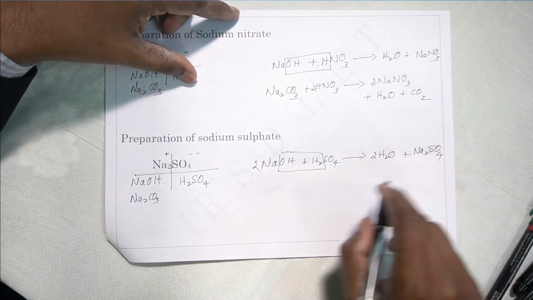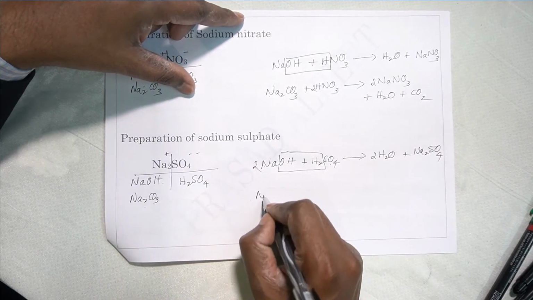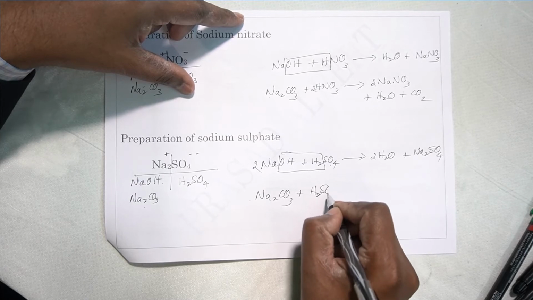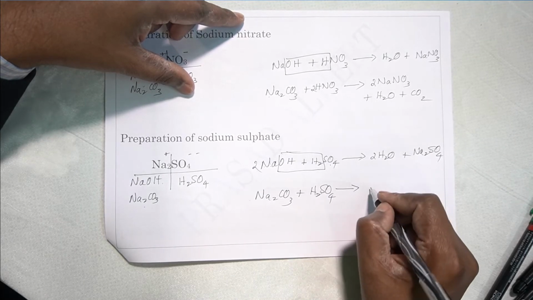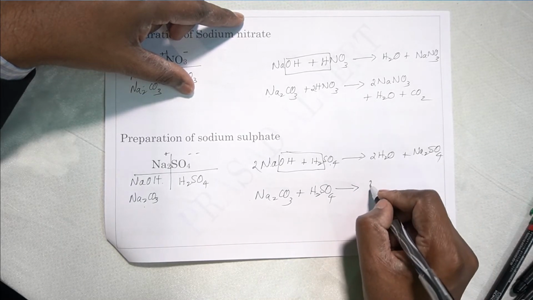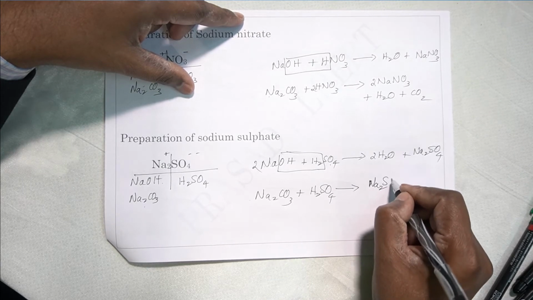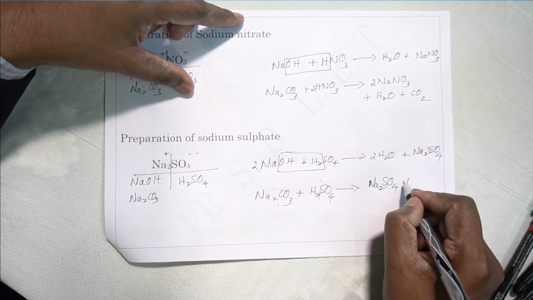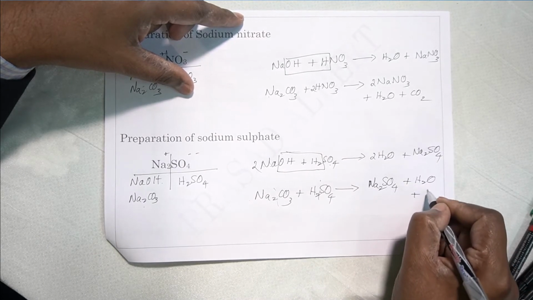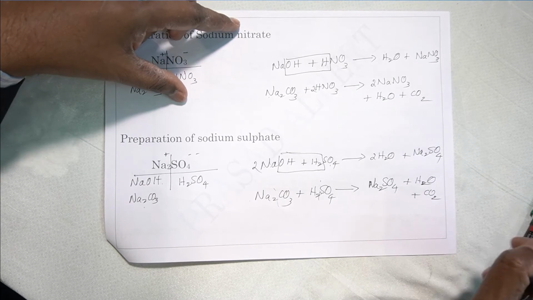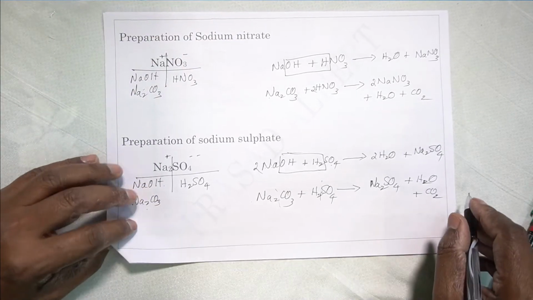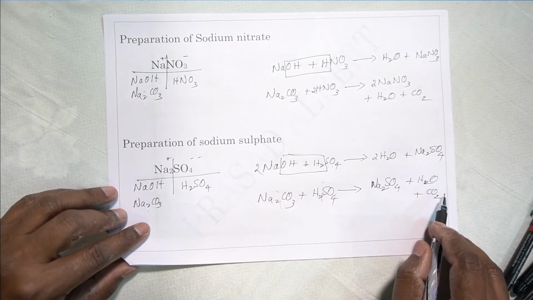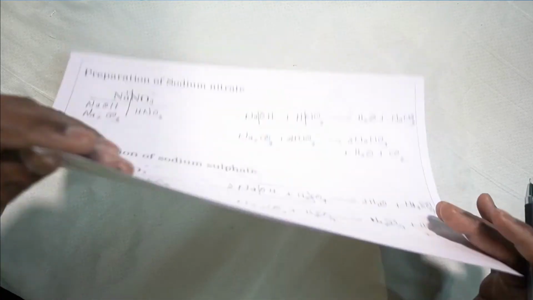Very simple, right? Then we have sodium carbonate, Na2CO3, and H2SO4. As I said, what happens here? Na2SO4, sodium sulfate salt, is produced, CO3 and H2. This will become H2O and CO2, water and carbon dioxide. So again you got sodium sulfate salt. So this is very simple, obtaining sodium sulfate. The reaction is always neutralization and the method used is titration.